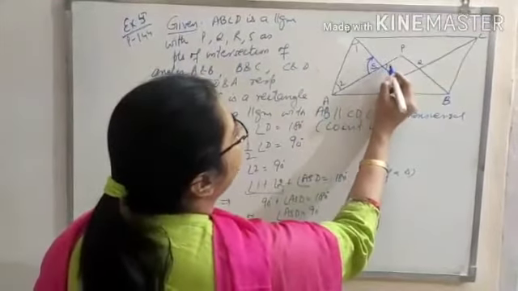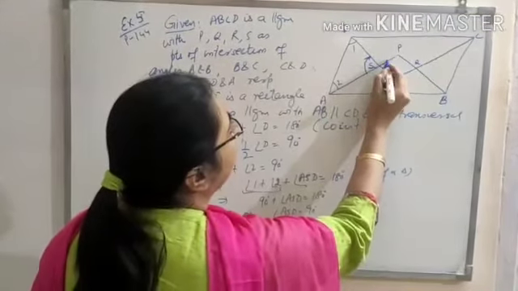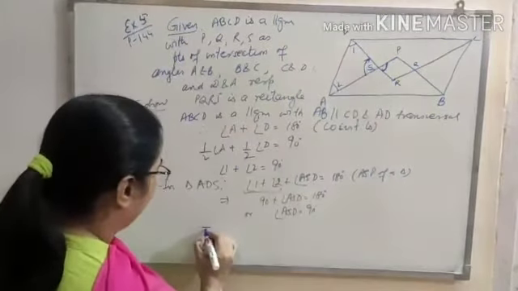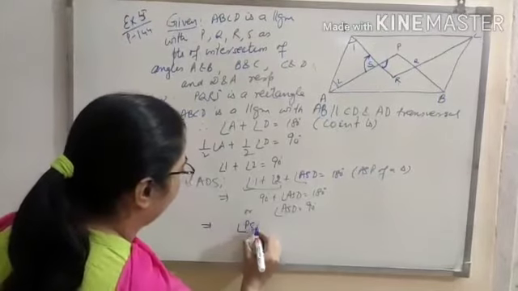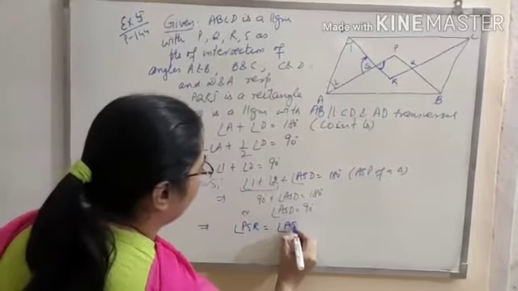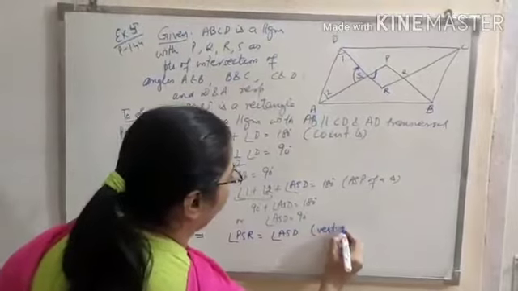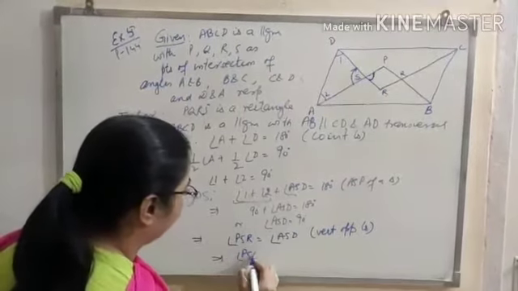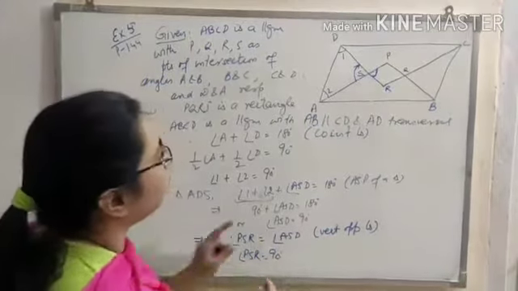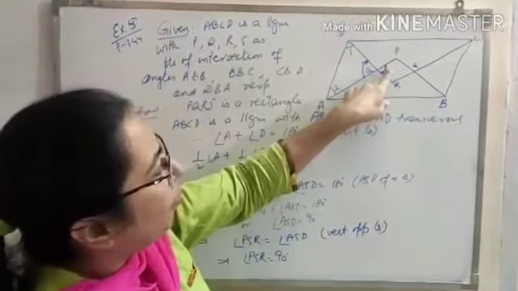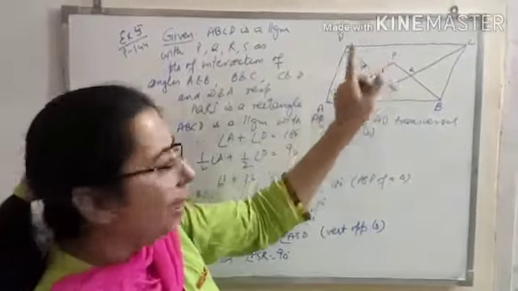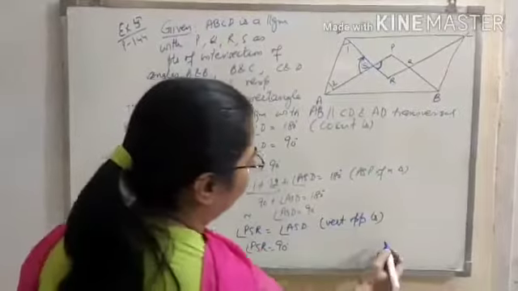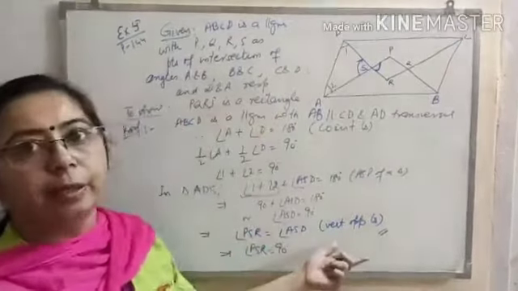You can see angle ASD is vertically opposite to angle PSR. This implies angle PSR is equal to angle ASD, vertically opposite angles. So PSR will also be 90 degrees. Now you have proved one angle is 90. For the others you will write similarly; the other parts can be shown to be 90 degrees.